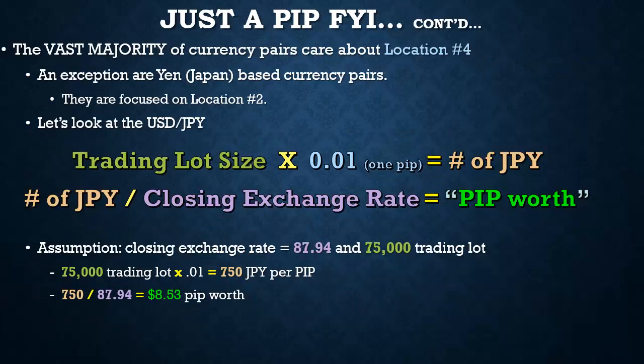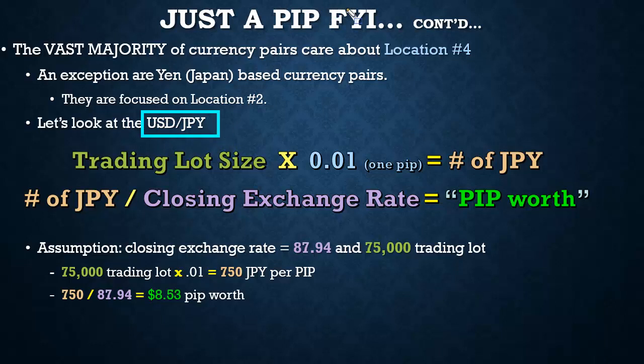This example also leads to a kind of little nook and cranny of the Forex market, which is the case. The vast majority of currency pairs care about location number 4. And I did no research on this, so I don't know the history. I don't know why the yen is what it is. But one exception is that the yen, which is the Japanese currency, they are focused on location number 2. So just an FYI, the yen and any of those pairs are more than likely going to be focused on location number 2. So the currency pair we're going to look at here is the US dollar versus the